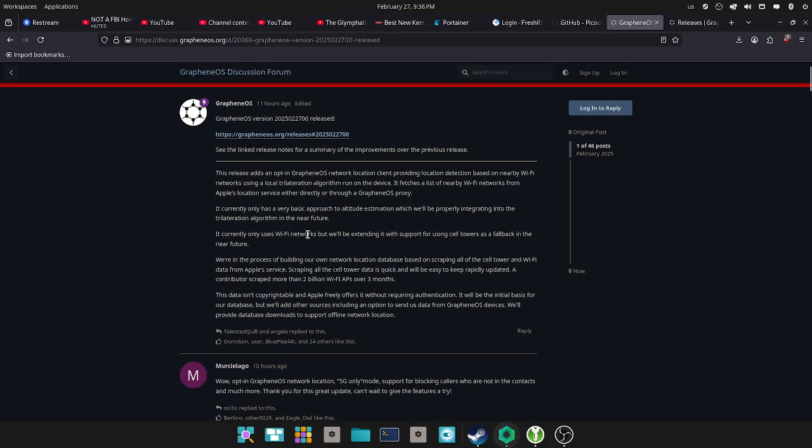is this release adds an opt-in network location client providing location detection based on nearby Wi-Fi networks using a local trilateration algorithm to run on the device. It fetches a list of nearby Wi-Fi networks from Apple's location service, either directly or through GrapheneOS proxy. It currently only has a very basic approach to altitude estimates, which will probably be integrated with the algorithm in the future. It currently only uses Wi-Fi networks, but will be extended to support cell towers as a fallback